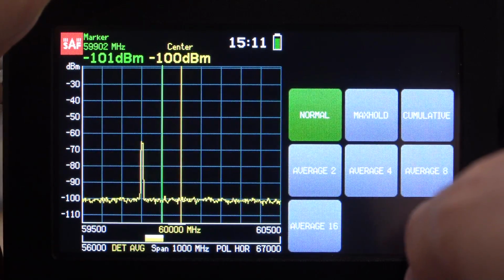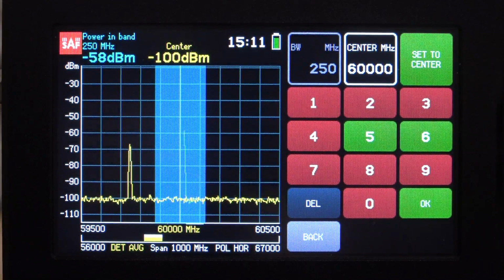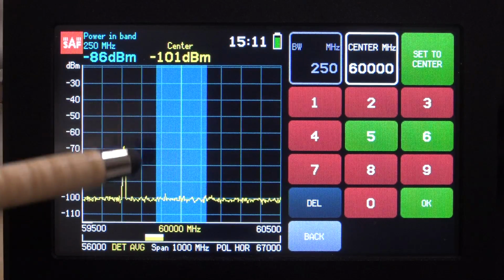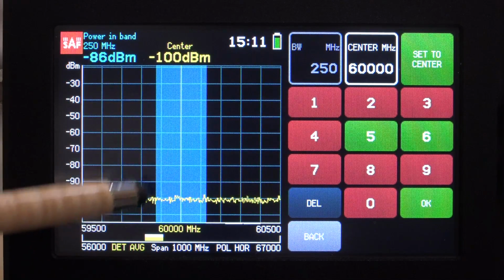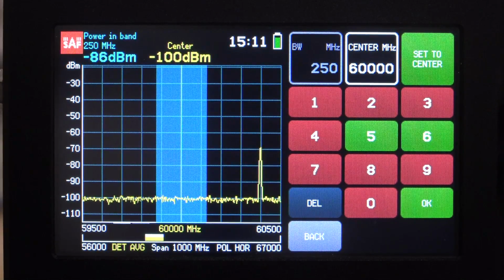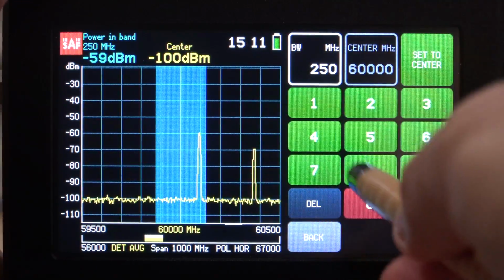And then what I can also do is go back and do a band power, and look and see what kind of numbers I hit whenever the signal is in this band. Now, this is going to be a difficult measurement to make because you don't know how much of the power is captured within that band. Of course, that's always going to be the case. But I can increase the band. I can change the band to be 1 gigahertz,